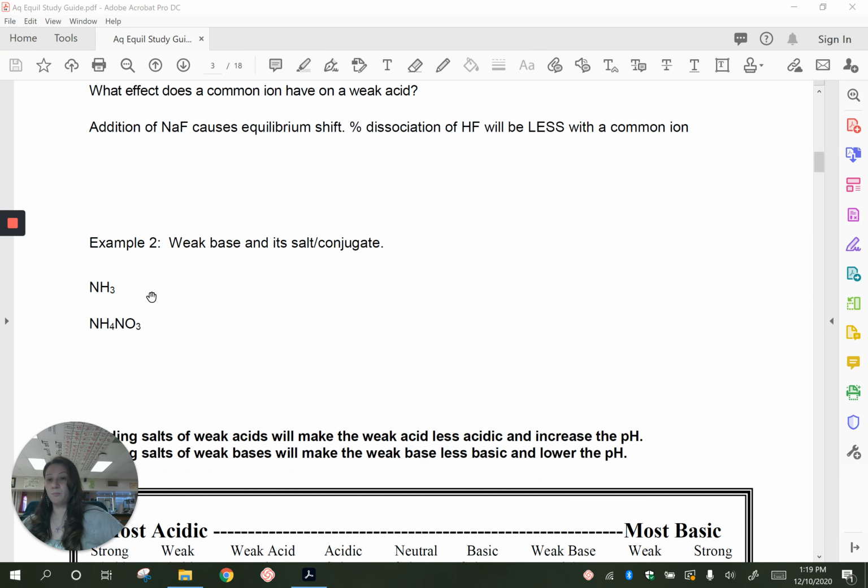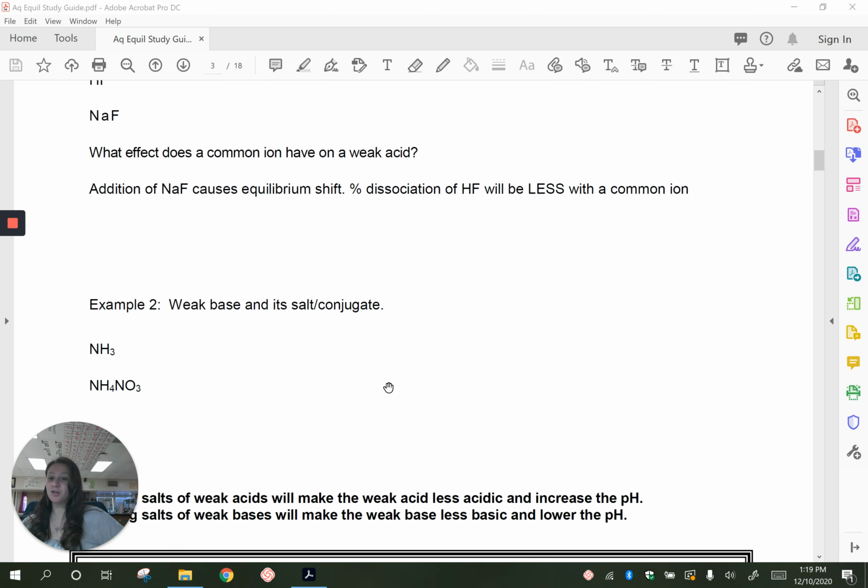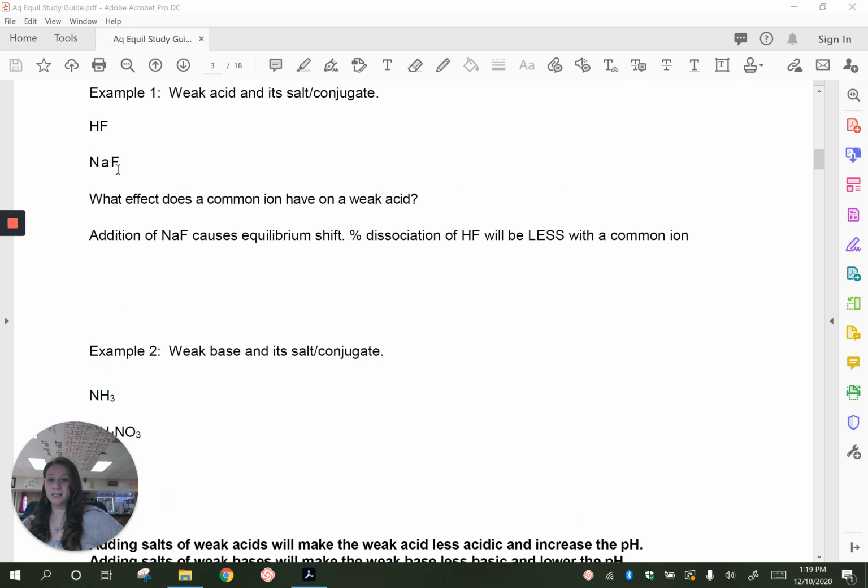Or if you take ammonia and ammonium, so ammonia is a weak base, its conjugate is NH4 plus. And so if you combine them together, you've made a buffer, and it's a basic buffer. This is the basic portion of the buffer. This is the acidic portion of the buffer. As you can see, a buffer is made up of a weak acid and its conjugate, or a weak base